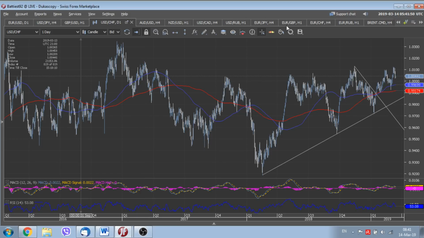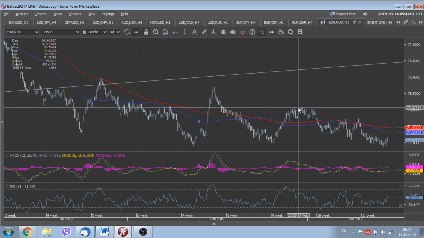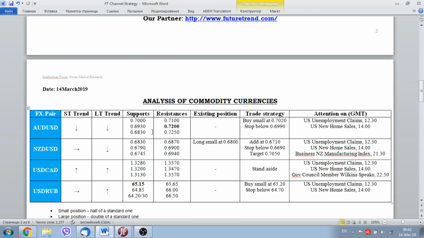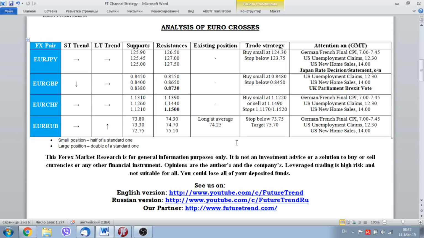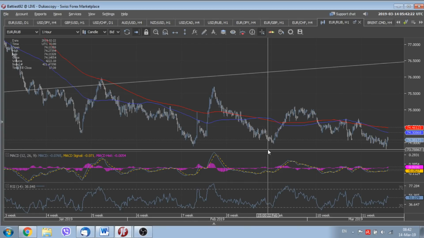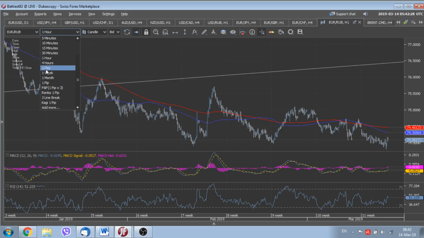As regarding the euro and dollar ruble crosses, we still keep our long positions in the euro ruble. Just to remind you, yesterday we increased our position in the euro ruble. Let's see our euro crosses. In the euro ruble now we have a long position at an average price of 74.25 with a stop below 73.75. Don't forget that the level of 0.74 should present a pivotal support barrier for the euro ruble,